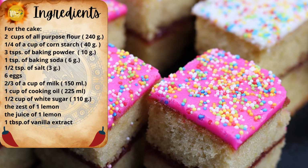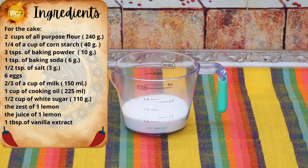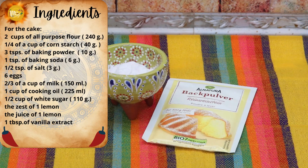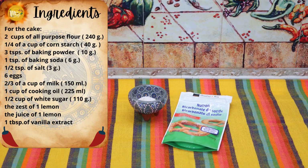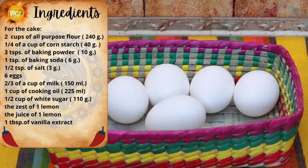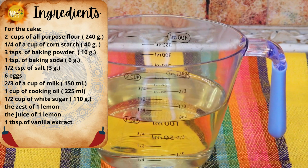The ingredients you need to make the cake part of your cortadillo are 2 cups of flour, the equivalent is 240 grams, 1/4 cup of cornstarch, or also called maizena, the equivalent is 40 grams, 3 teaspoons of baking powder, the equivalent is 10 grams, 1 teaspoon of baking soda, the equivalent is 6 grams, half a teaspoon of salt, the equivalent is 3 grams,